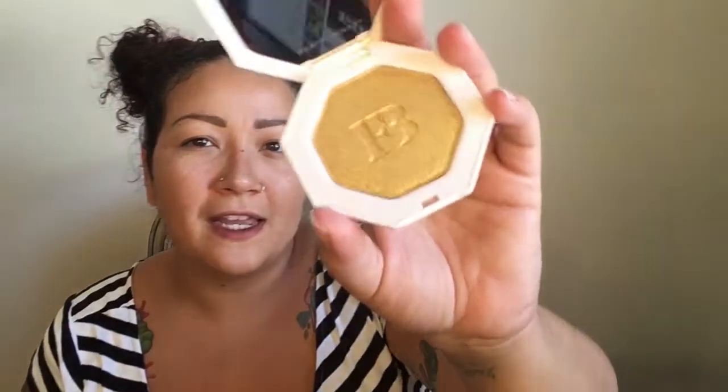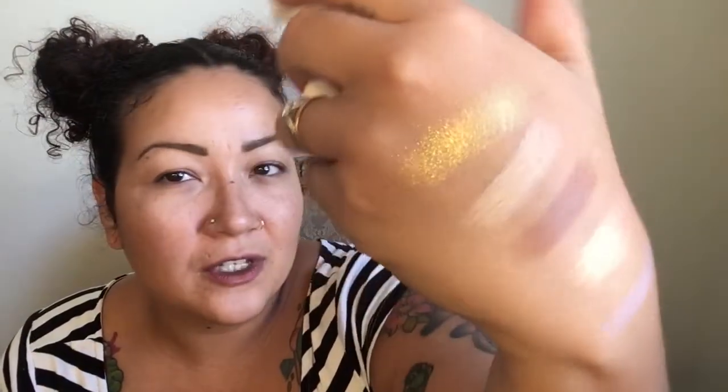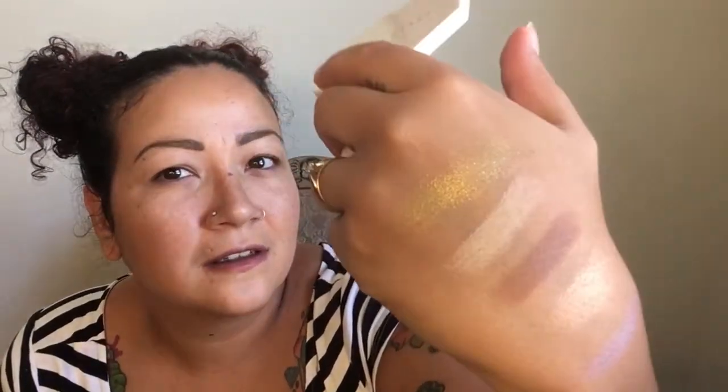one of the Kilowatt highlighters, and I got Trophy Wife, and I got it mainly because of Alyssa Ashley's Snapchat, because she was putting it on, and I'm gonna swatch it on my hand, and it's so gorgeous. I haven't really seen a highlighter like that before. I've seen gold highlight, but not with all the glitter. So if you don't like glitter, you probably won't like the Kilowatt highlighters because they are very glittery, but I